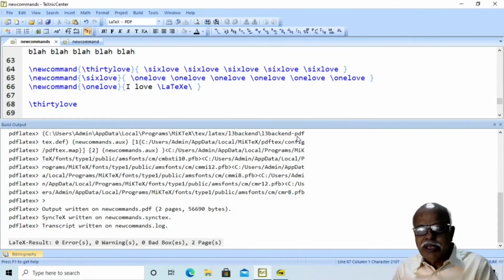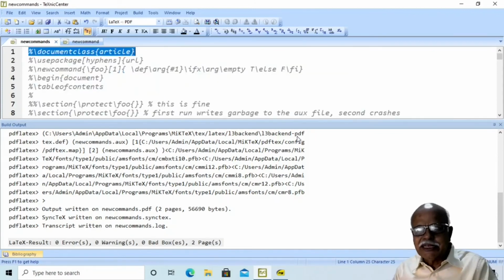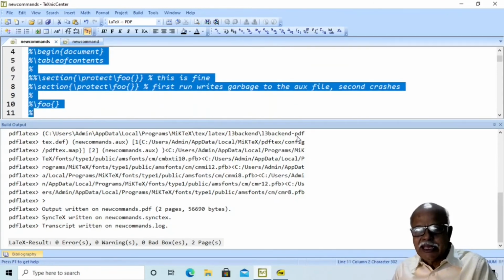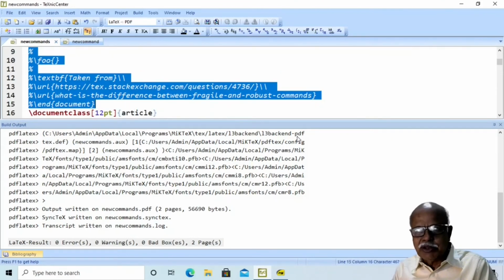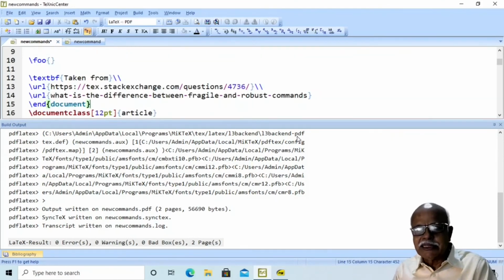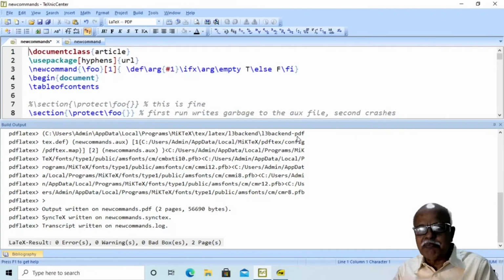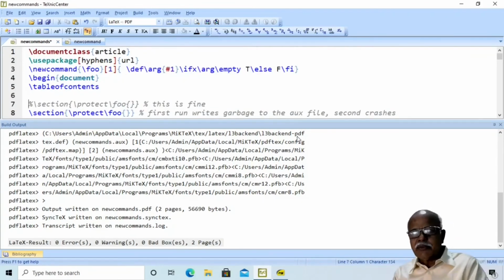Now, there is a small problem associated with this use of \newcommand and \renewcommand. It is better explained in an answer to a particular question on stackexchange.com.